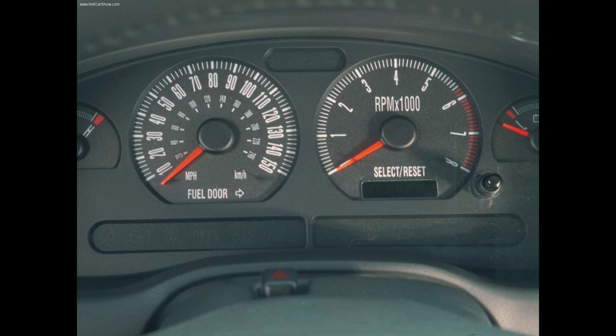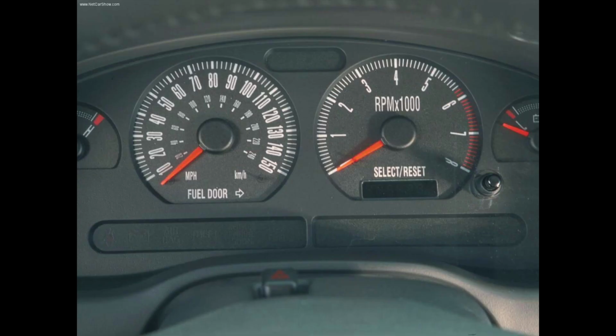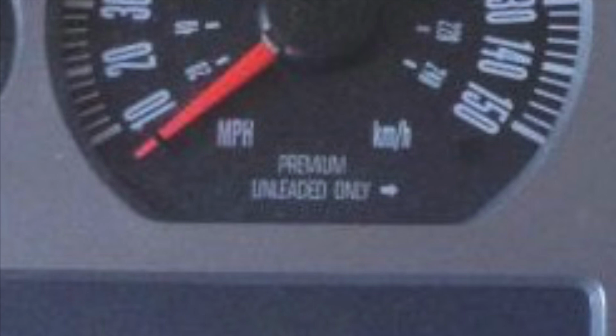Now, looking at the gauge cluster, this looks like the Bullitt factory production gauge cluster, but there is a little bit of a difference here. See how on the red line at 6,000, 7,000, 8,000, there are white dashes by the numbers. Those do not appear on the real gauge cluster. And this does look the same as the gauge cluster in a Mach 1, but the Mach 1 gauge cluster is different because on the Bullitt it says fuel door. It has the arrow right under the speedometer section, and on a Mach 1 it says premium unleaded only,